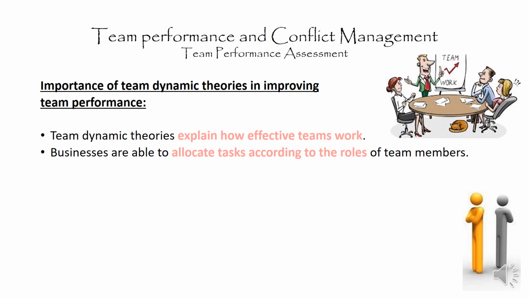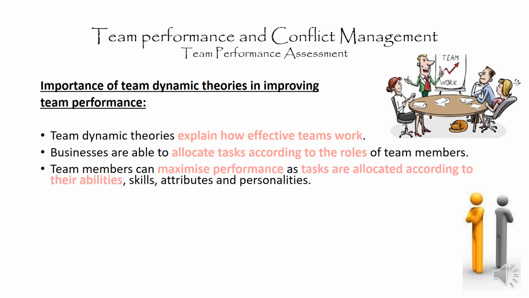If we know the types of personalities in our groups, we can allocate roles according to people's personalities, and that is going to give us the bigger chance of actually being successful. If we allocate a task to a person that we know will suit his personality and his capabilities, he's going to be able to do it, and that is ultimately going to mean that our teams are going to be successful.